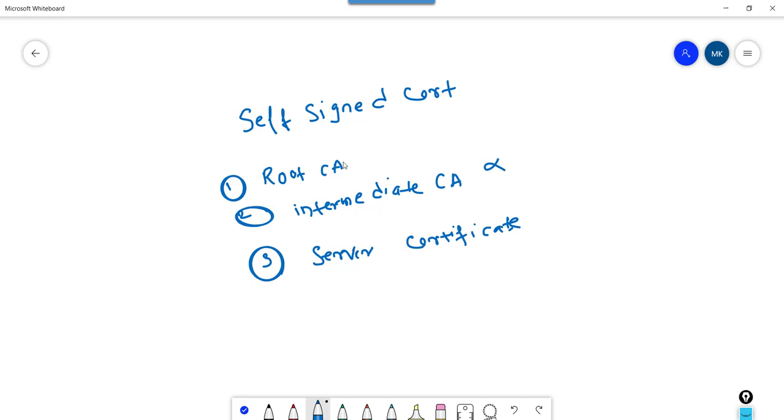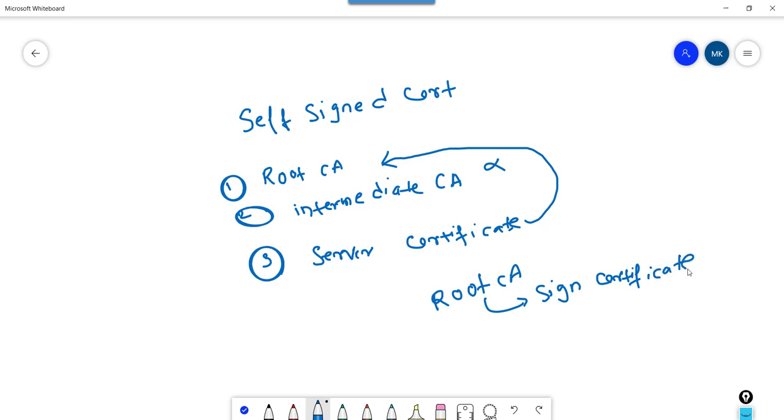We will configure the root CA, and this server certificate would be signed by this root CA. So basically in this case the role of the root CA is to sign certificates,